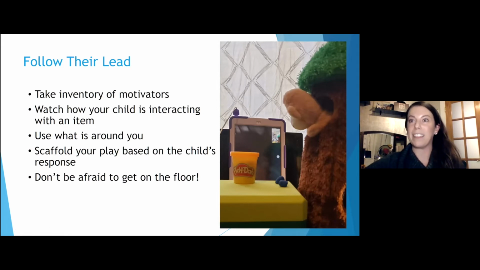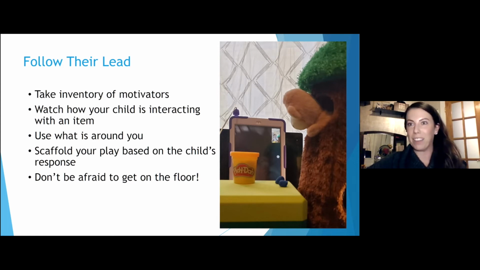What is something that they are playing with? Watch them, observe what they're doing, and wait to see, are they maybe playing with beads? Are they playing with lights? Are they fascinated by music? Are they listening to or watching videos? You want to watch how the child's interacting with the item, and then use the different things that are around them. So you are getting creative, you're following their lead.